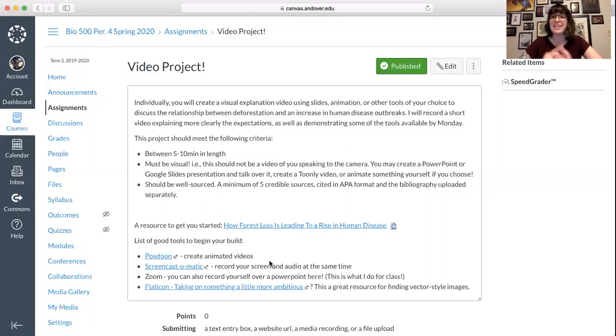If you have the time and ability and mental bandwidth to take on a more ambitious project, you could animate something yourself if that is a skill set that you have, or that you want to try out. Certainly this is just a small project, so don't drive yourselves crazy, but feel free to take creative license and agency over this in whatever way you see appropriate within these guidelines.